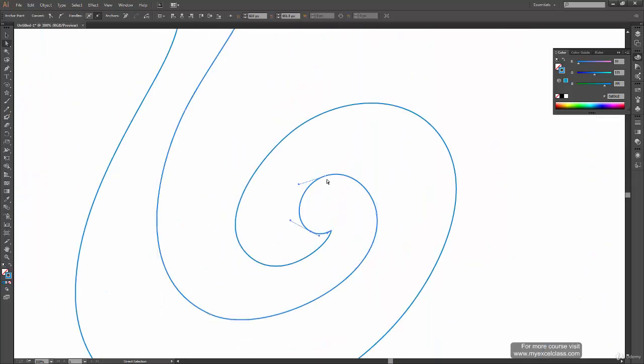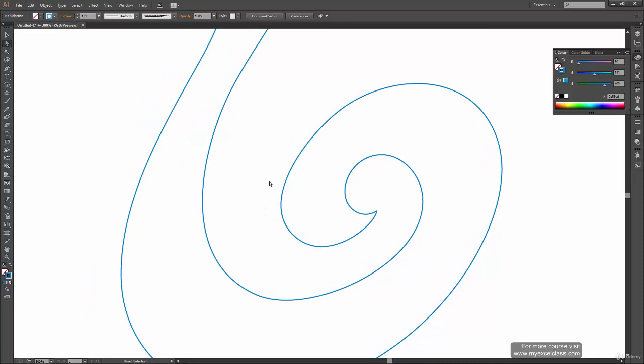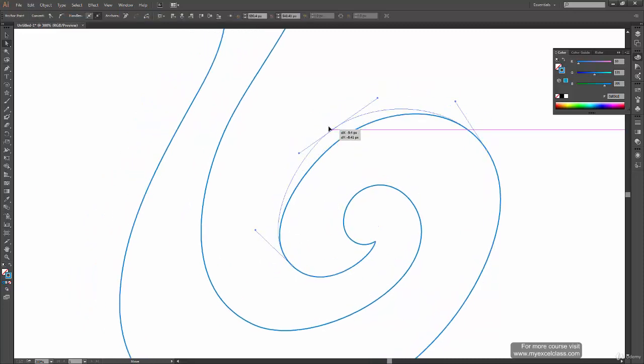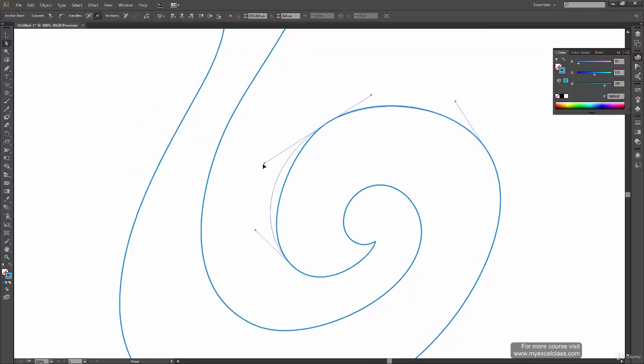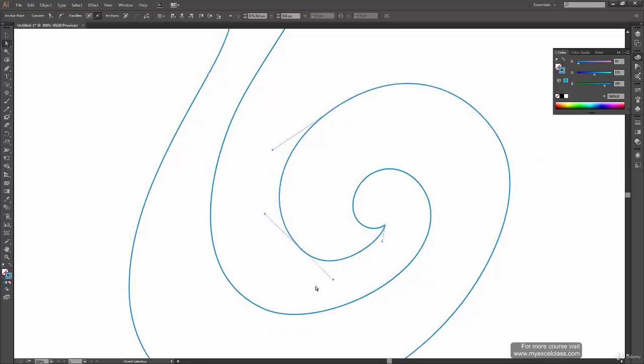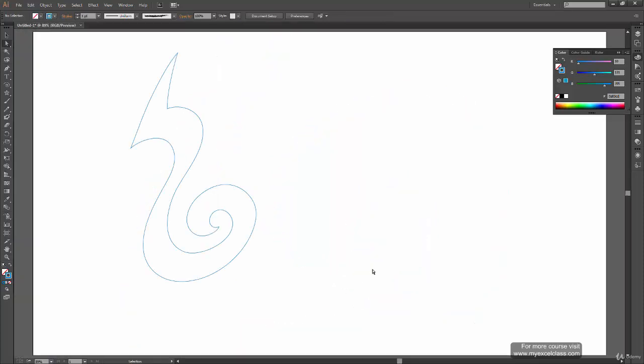Okay, so it has come out good now, but I think something like this will make more sense than the circular one. Or we can actually correct the outer path also and make it even more circular so that it looks good. And here again we can change this to something like this. Okay, so this path has come out really well now.